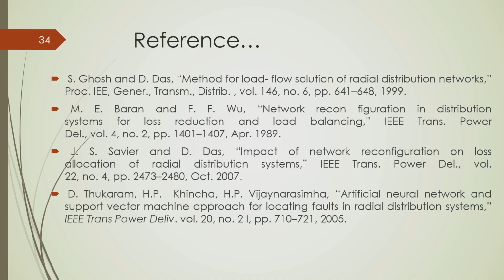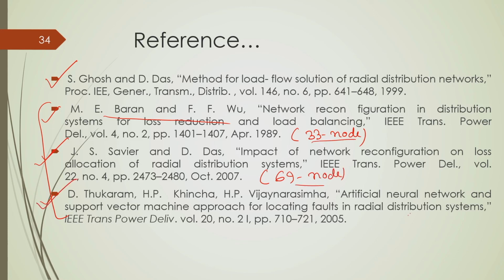So, these are the references from where I took many concepts. This is where you get the idea of the forward backward sweep load flow algorithm, and these 3 will give you the data files. This will give you the data file of the 33 node system. This file will give you the data file for the 69 node system. One can download this paper, go through it and get the data, and this reference will give you the 52 node system. So, you can go through this paper in addition to what I discussed today, in order to have more finer